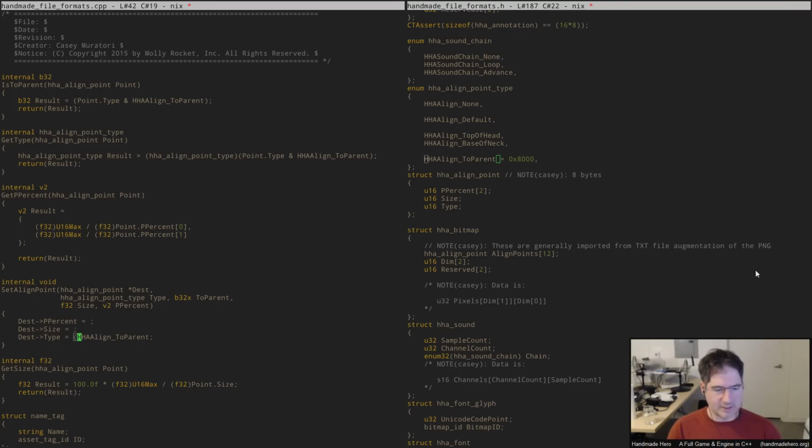And so I will say, this is the type, ORed with to parent. And so there we're just saying, look, if we know the type goes in the type field, we know that to parent is going to OR in either the to parent flag or nothing, depending on whether it's set. And so that'll take care of that part of it. The size, we then have to encode into a range so that we can use it as a 16-bit value here. So what we want to do there is say,